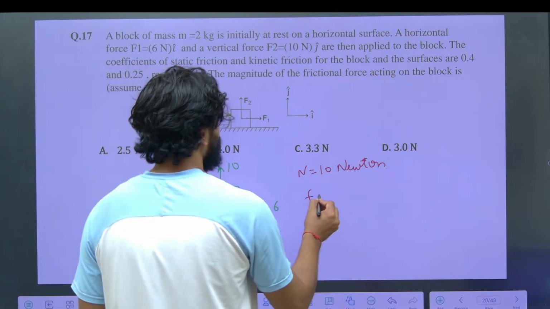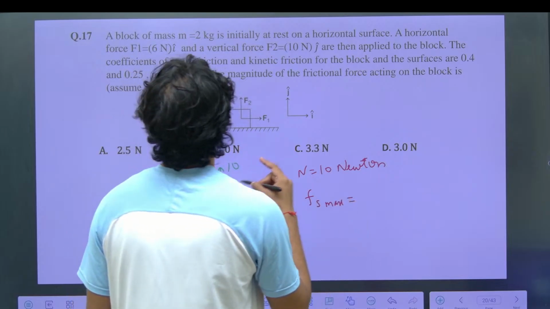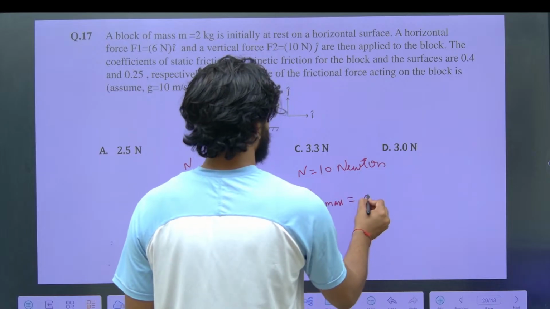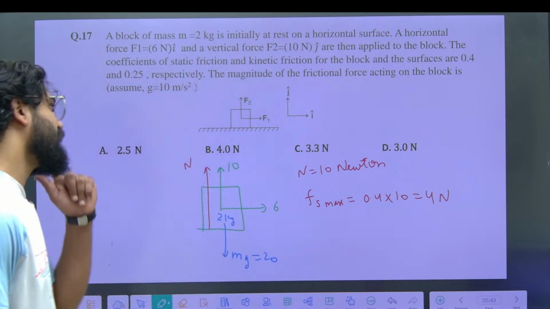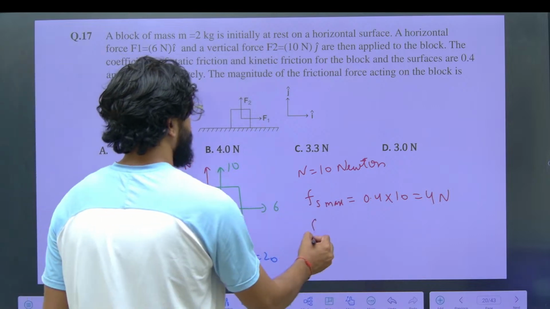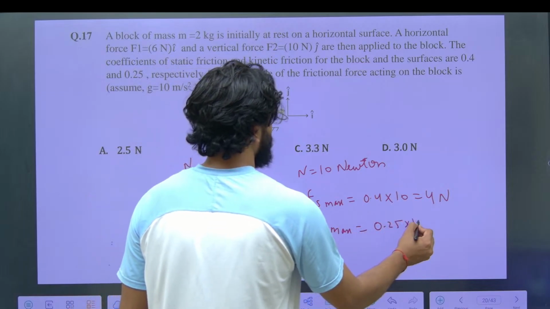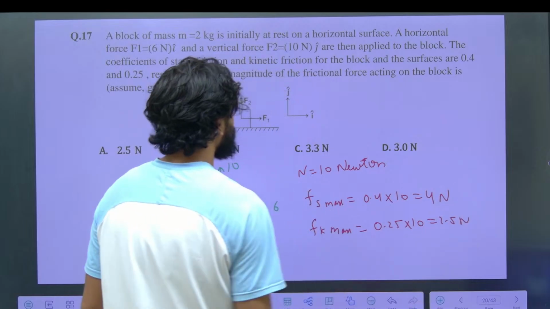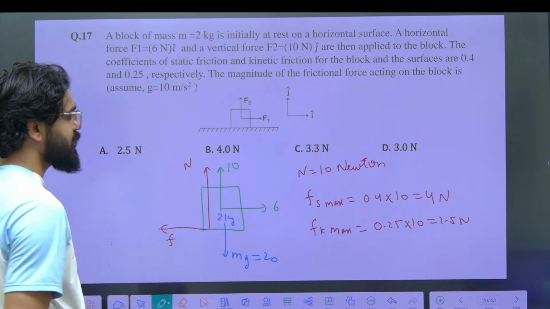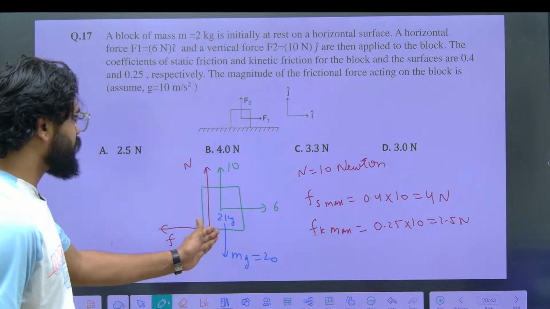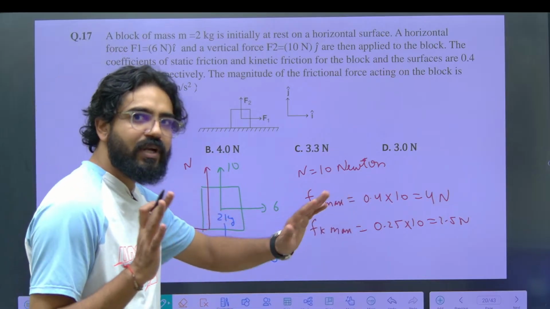At this point, what is the F max? Because the coefficient of friction is given as 0.4 into 10, that is 4 Newton. Yes, correct. And Fk max, the kinetic friction max, is 0.25 into 10, that is 2.5 Newton. So clearly we can see that this block will move, because friction will be in this direction, and the maximum